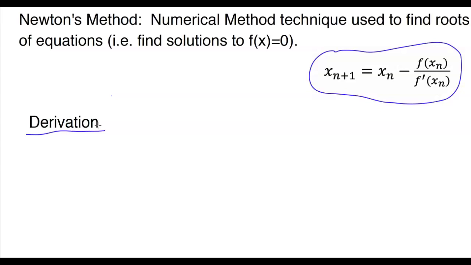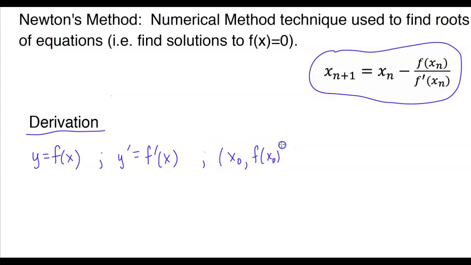doing is finding the x-intercept for the equation of a tangent line. Okay, so if we have some function, let's say we have a function y which is equal to f of x, then of course we know the corresponding derivative of that function is going to be f prime of x. If we are looking at our function at a specific point, let's just say the specific point x sub 0, f of x sub 0,